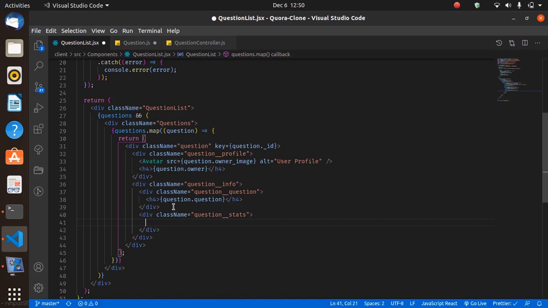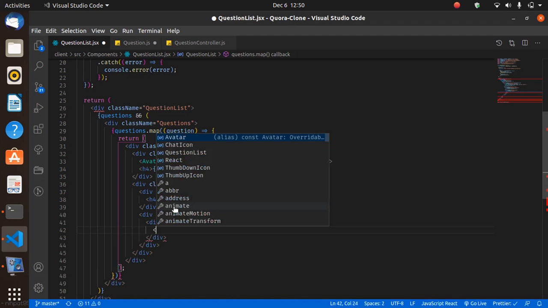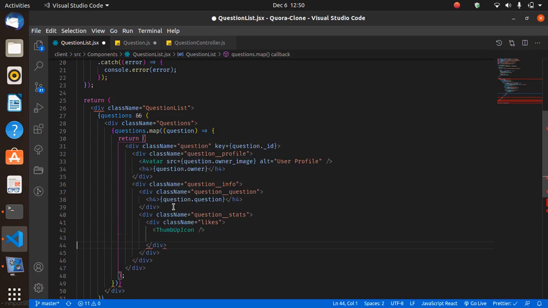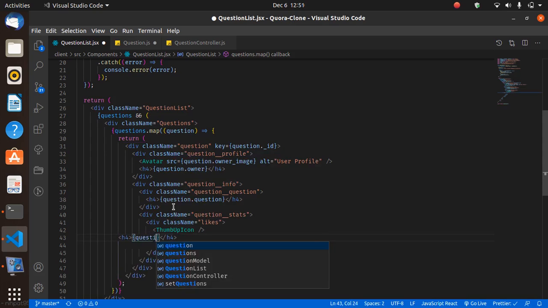So in the question underscore stats we'll have the likes, and in the likes we want to have the thumbs up icon, and then we'll also put an h4 that will be the question dot up votes,